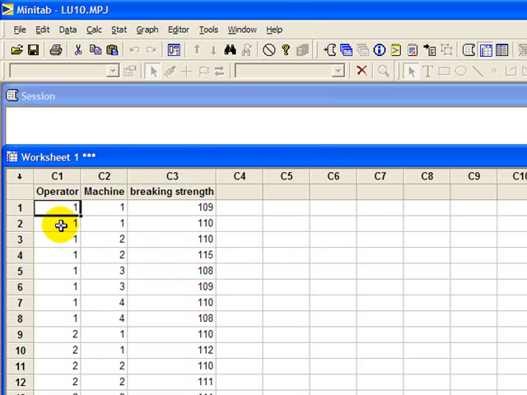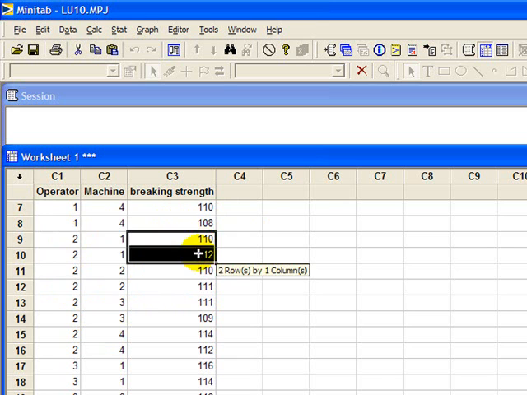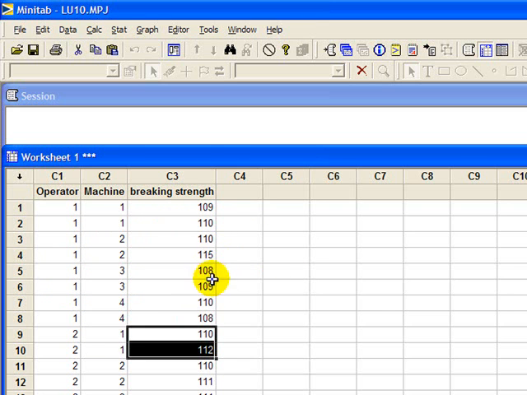And if you see here, operator 1, machine 1, and I have the reading for the breaking strength. Then the second replicate for the same combination, operator 1, machine 1, and I also noted the reading there, right? Similarly, you can see combination 1 2 1 2, combination 1 3 1 3. If you go down, combination 2 1 2 1, and the related breaking strength. So once you enter the data,